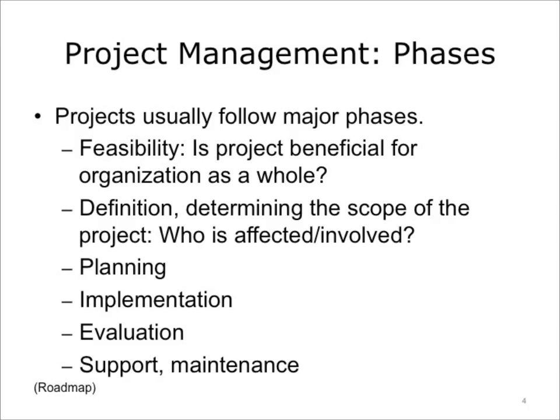A project is usually defined in phases. The number and types of phases are solely dependent on the project at hand. However, some of the more common phases include determining feasibility, the process of determining if undertaking the project will net beneficial outcomes for the organization as a whole; definition and determining the scope of the project, who is affected by the project, both directly or indirectly, who will be involved with the project, what other factors are relevant to the